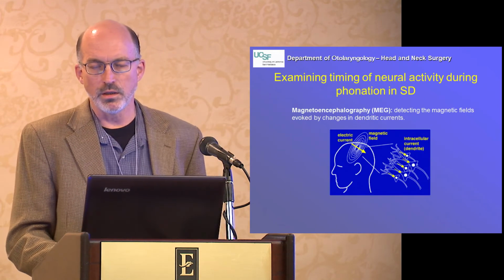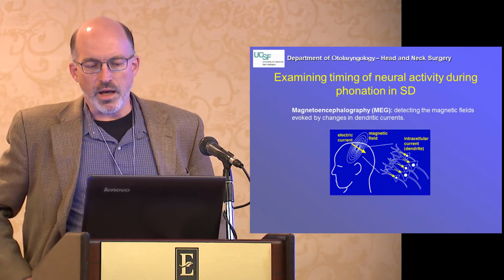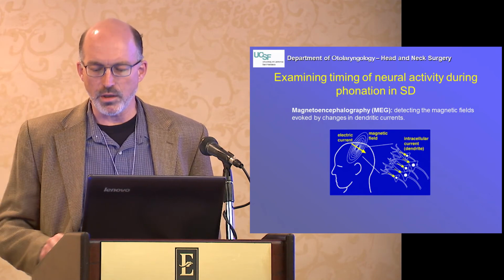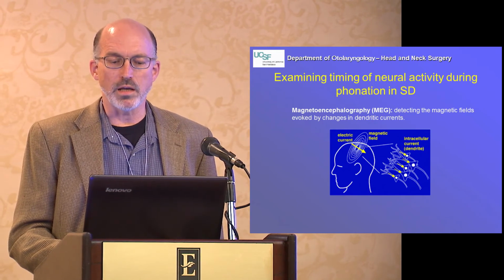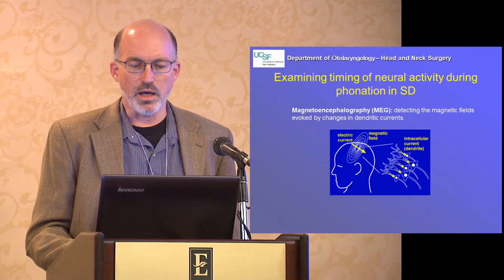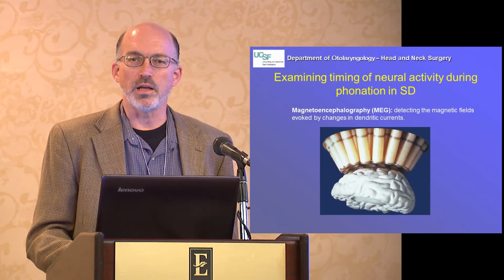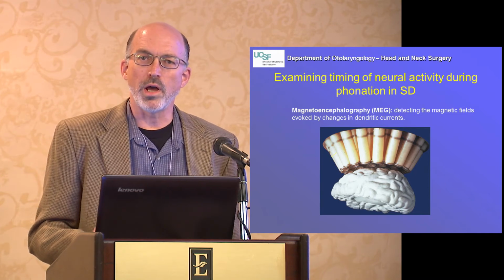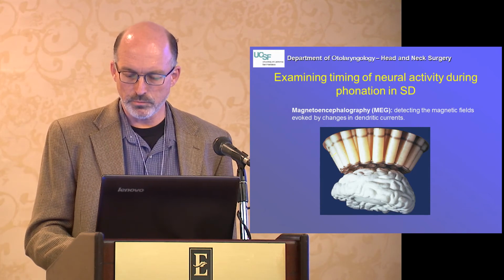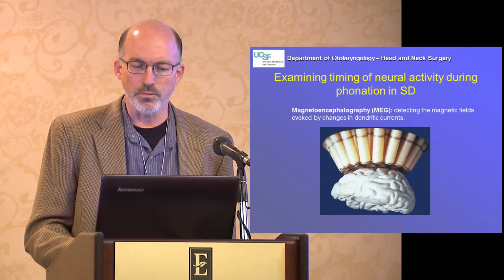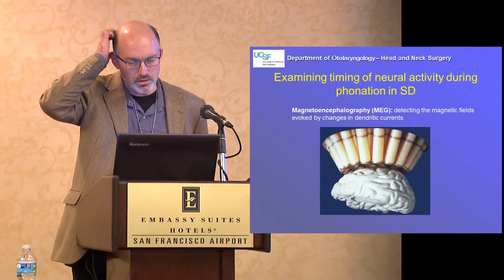So what is MEG? MEG is based on the idea that neural activity in cortex generates magnetic fields that can be measured outside the head. And if you have enough magnetic field detectors arrayed around the head, you can localize when and where neural activity occurs in the brain. So just as an example of a picture from some analysis from MEG, here's results of